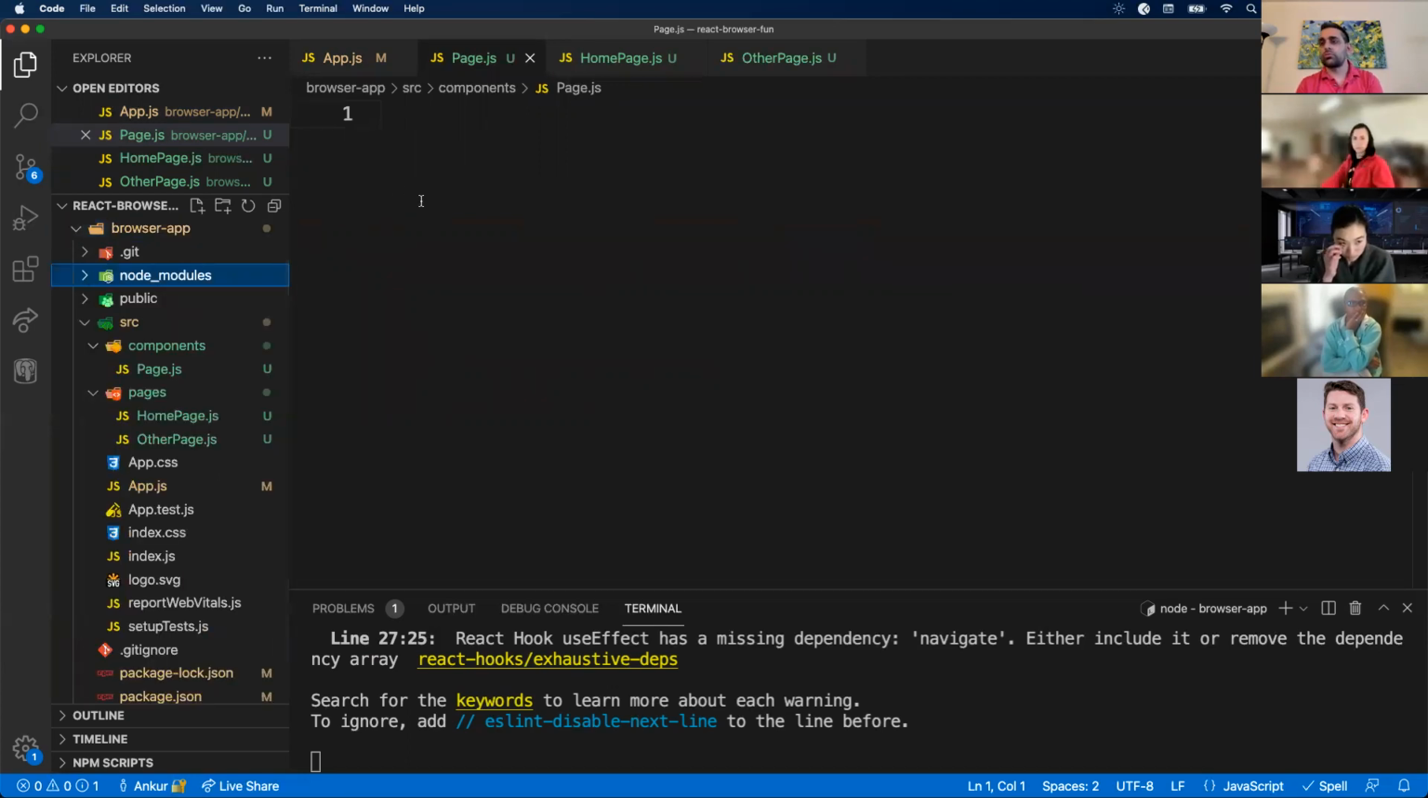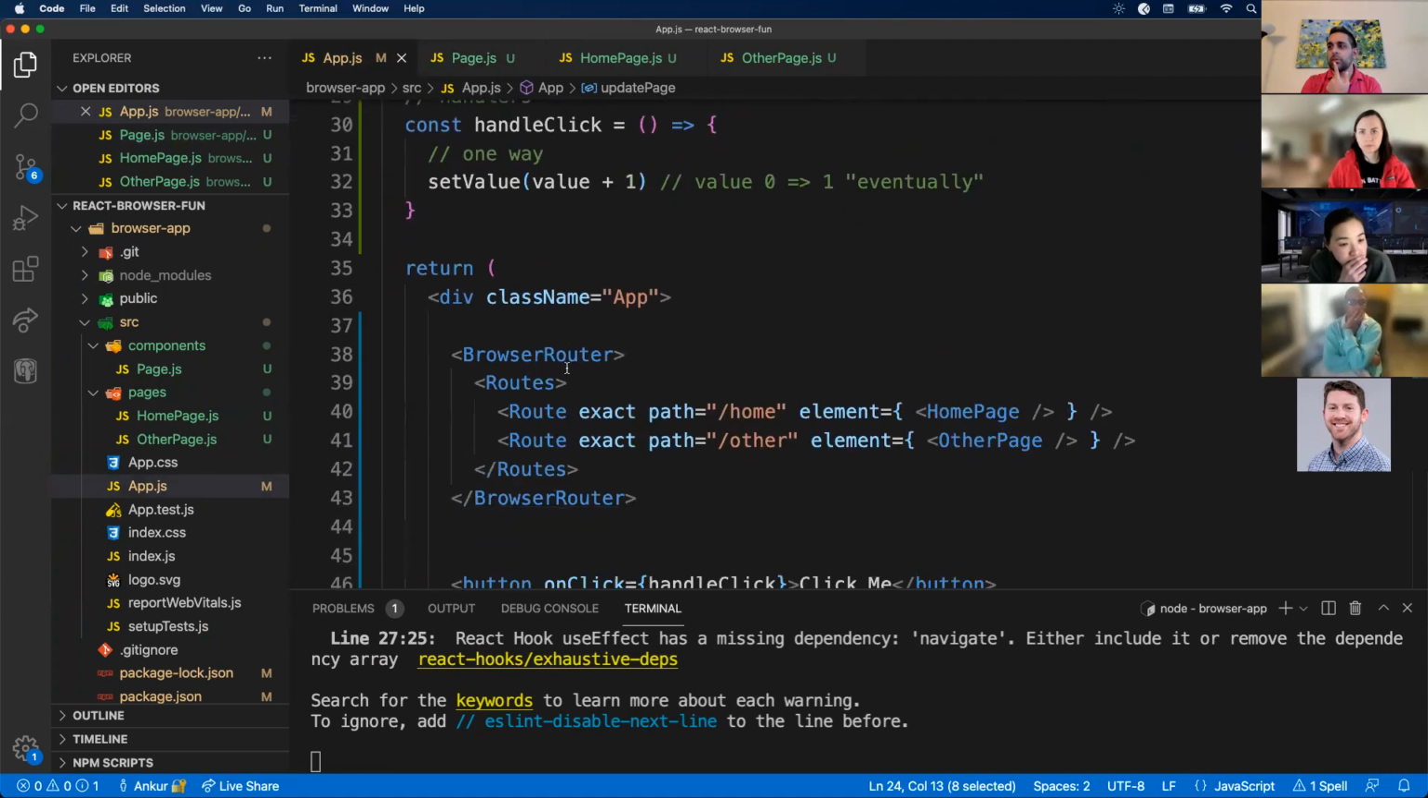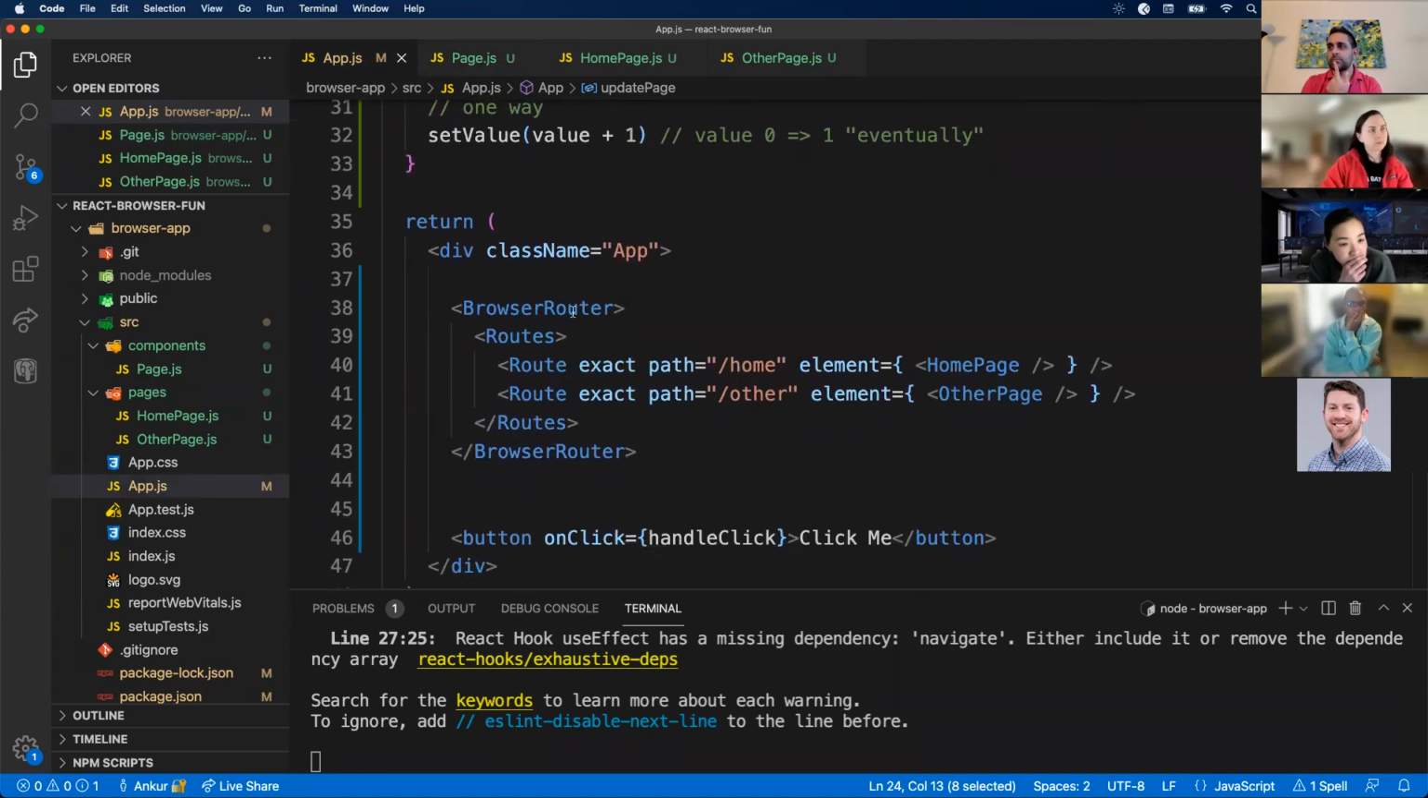So where am I going with this? So page. Sorry, I'm trying to mock this up correctly. So we want to use navigate here. Update page needs to be. Tom,